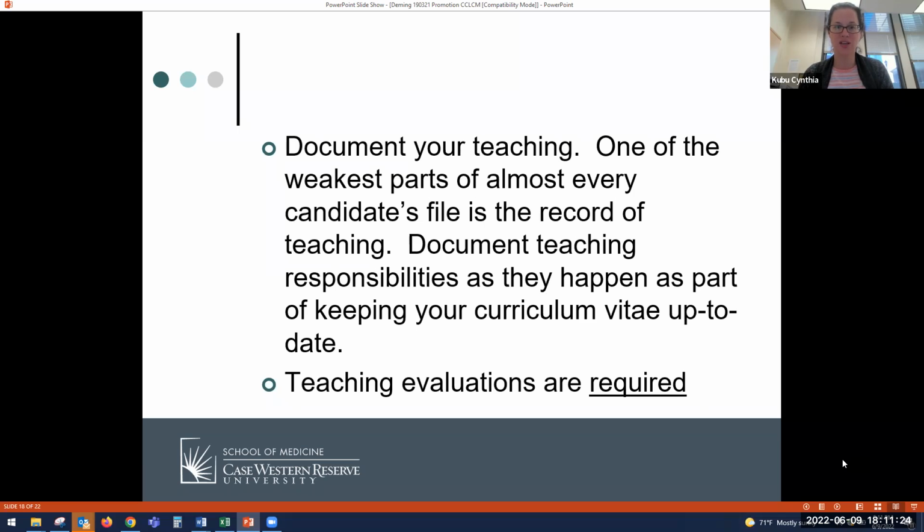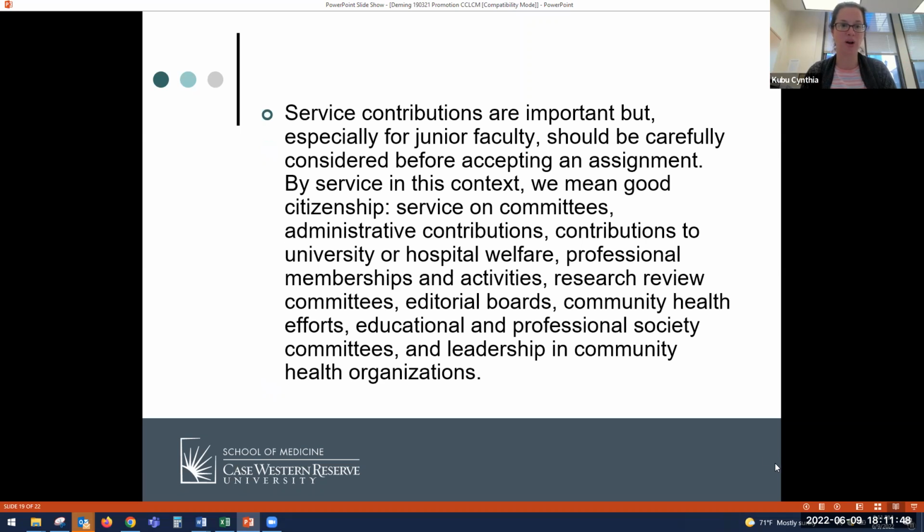If it's not, you need to have a note for Dineen in the packet that just says, I don't do traditional teaching. But then at that point, because we define teaching so broadly, we would really expect you to have letters from trainees in your lab or something else that at least talks about your role and effectiveness as a teacher. It's just an expectation from the provost. So that's why they expect and require that.